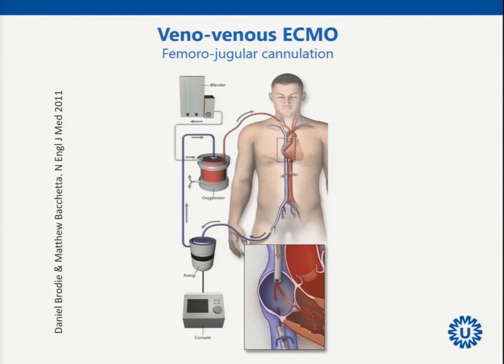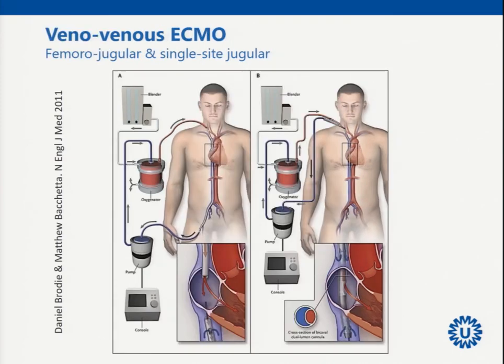So veno-venous, again, venous drainage, pump, oxygenator, given back to the jugular vein in this case. So femoro-jugular cannulation is the classic veno-venous ECMO cannulation. And you can also opt for another cannulation way, that is a single side cannula. So there is a cannula that can drain,